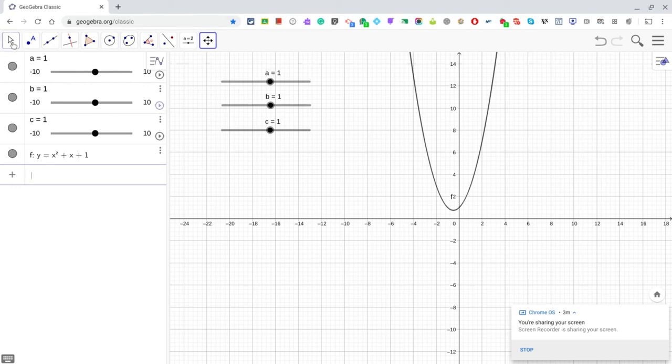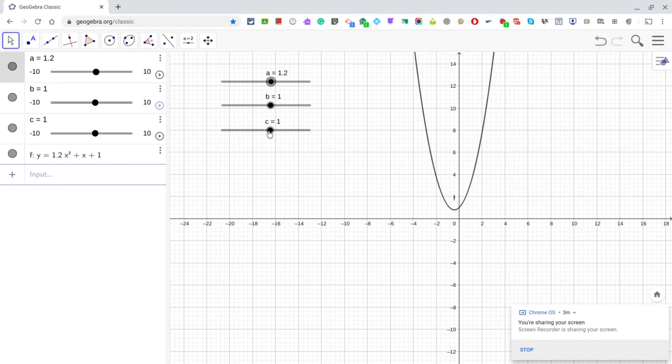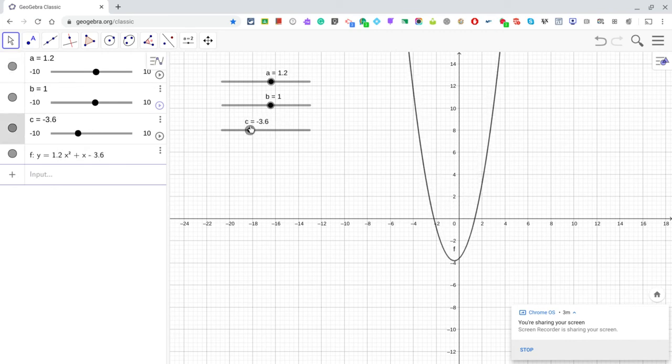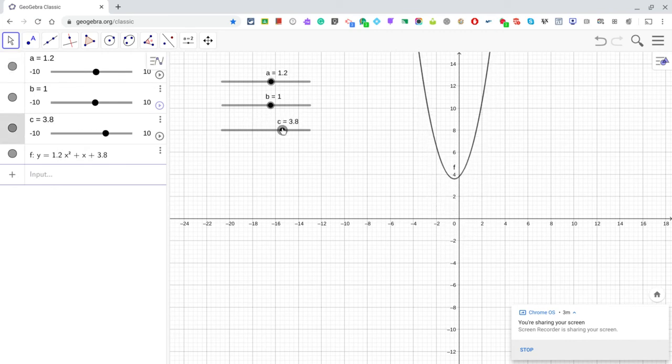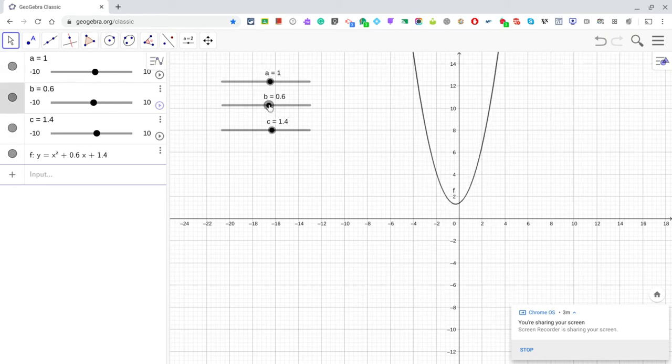If you click in this button here, the arrow, choose move, then we can change the value, for example, for C. And as you can see, the graph is changing. The same if you change the values for A or for B. Okay? Well, now,